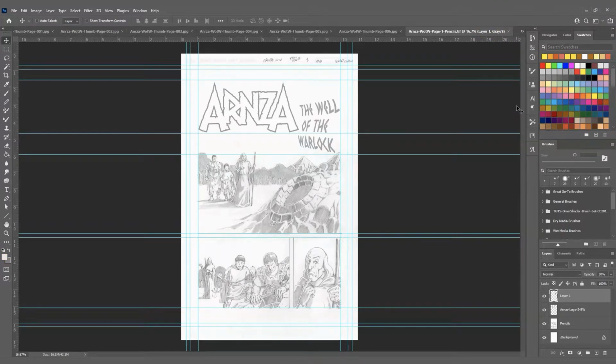Notice that at the top, again, much like the thumbnail pages, there is room for info. There is the story name, which is Arnza, but I shorten it to WOTW, Well of the Warlock, and Brain Freeze. Page one, but there's also a spot for date and where you can sign it. Okay, now